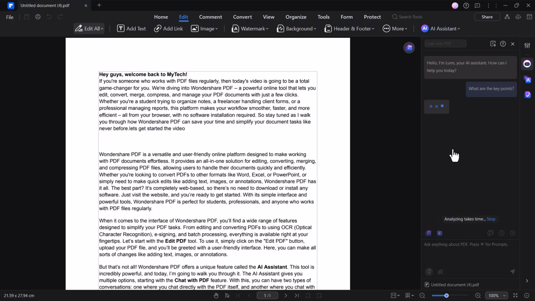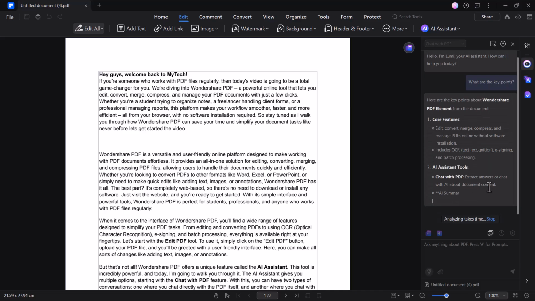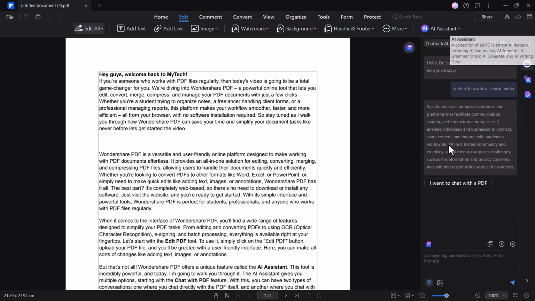First I will click on Chat with PDF and you will see that the AI can answer questions directly from the PDF content. You can also select question suggestions by AI from a list. Once you ask a question, the AI assistant provides the answer right away. Next, I will demonstrate the Chat with AI feature. All you need to do is select it. It asks a question and the AI responds just like that. It's really amazing how quickly it can extract information from your file.